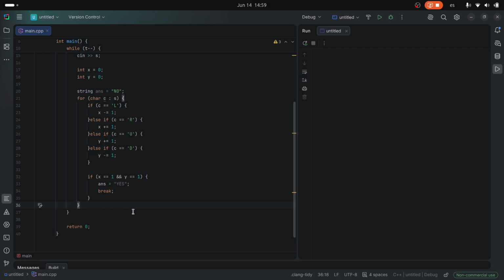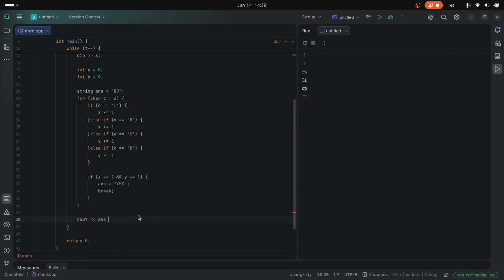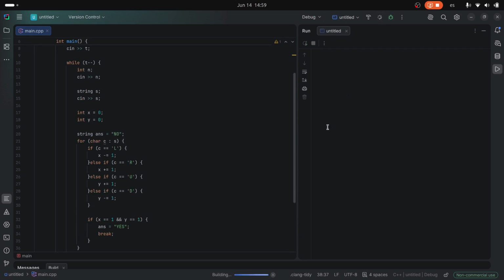And then after this loop is done, we just have to print out the answer, just like that. So let's give this a go,